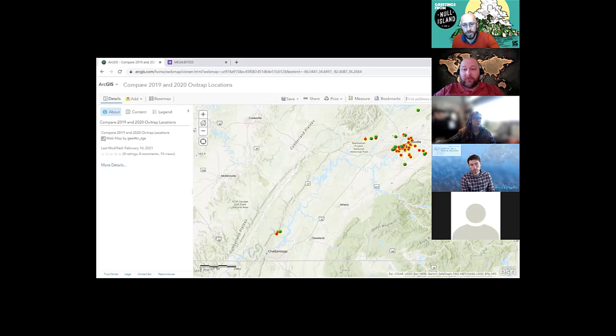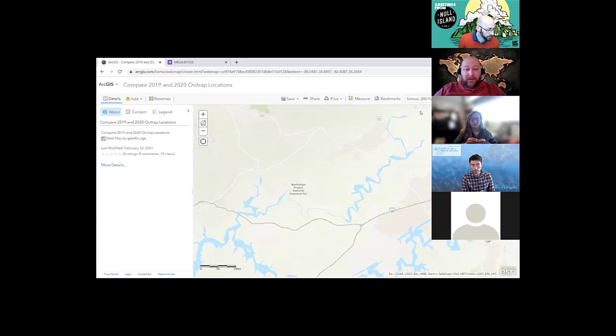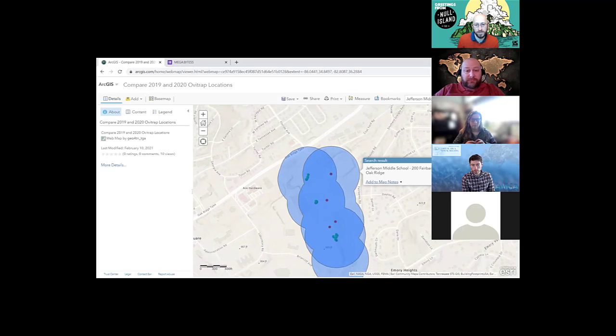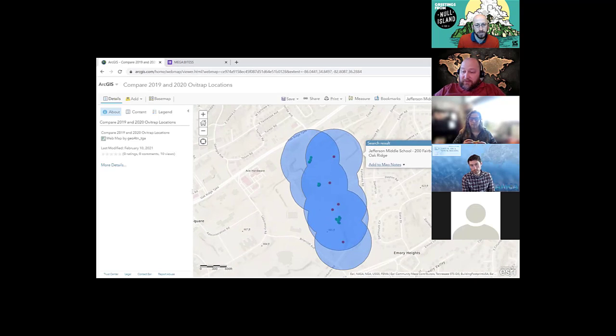which is search for your school, and I'll just search for my school. And I see that it's popped up, and it will zoom into my school. And then I want to bookmark it. So I'll create a bookmark and add a bookmark for Jefferson Middle School. And I would like you to do the same for your school.